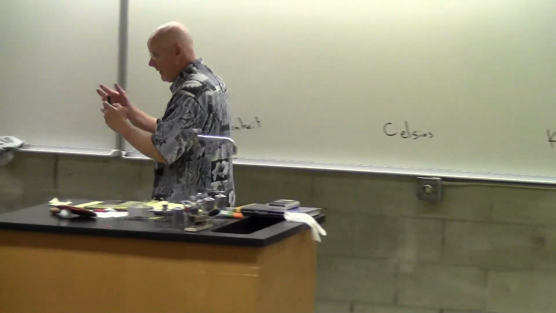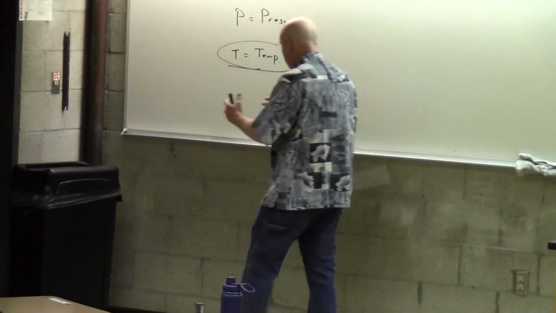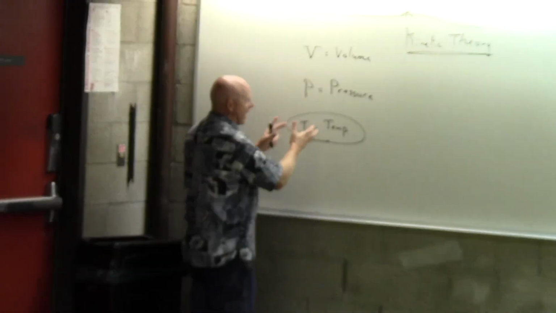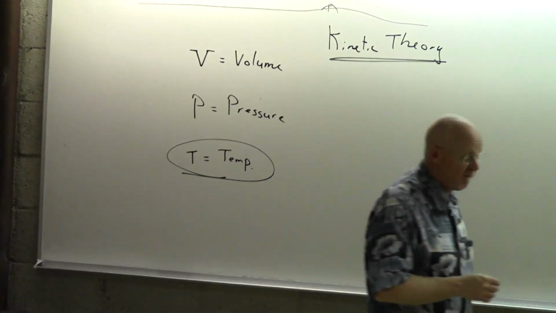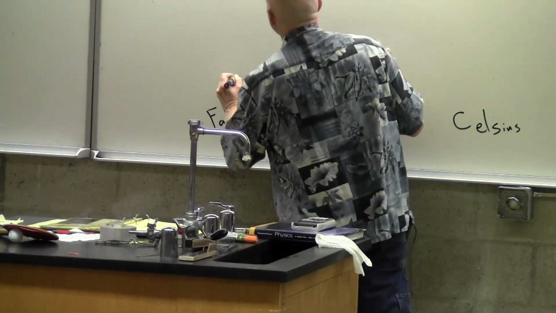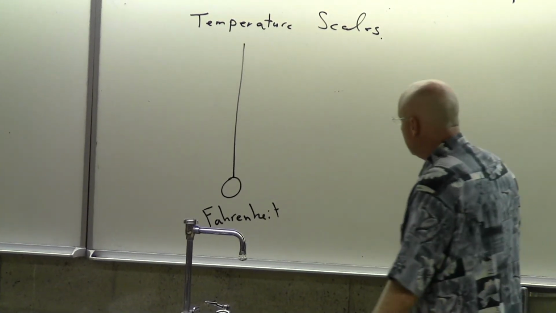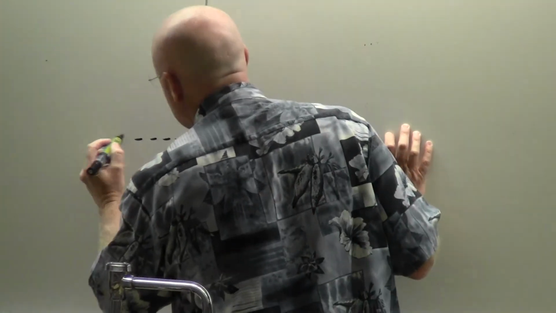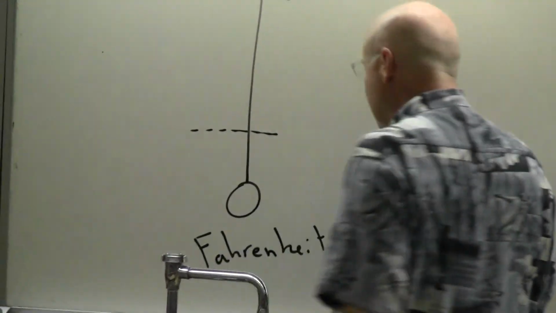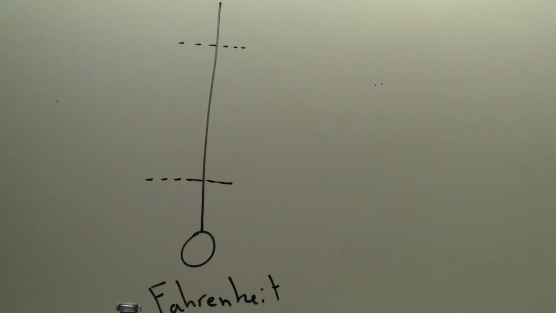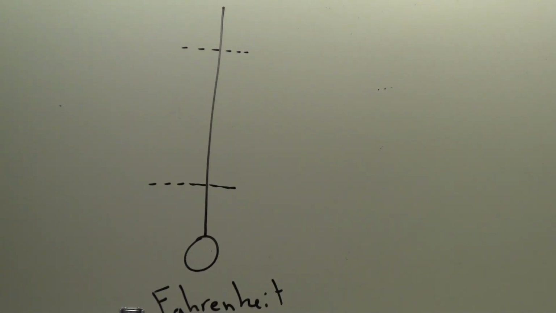So again, putting together the whole idea of the kinetic theory, that is, the warmer they are, the faster they move, and therefore you'll have thermal expansion, we can use that idea of temperature and build a temperature scale. And Fahrenheit realized that. So Fahrenheit built the first temperature scale. Let me kind of represent it with a thermometer that looks like this. And you got to kind of understand his work for the scale to make any sense, because he was thinking about how to build it, how to develop it, and at this point I'd say how to calibrate it.